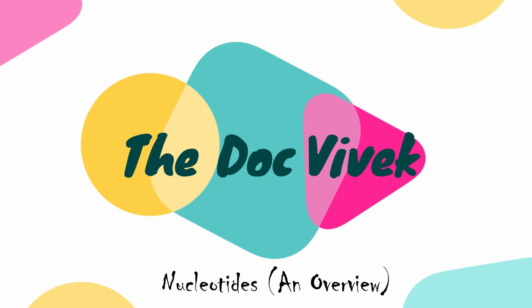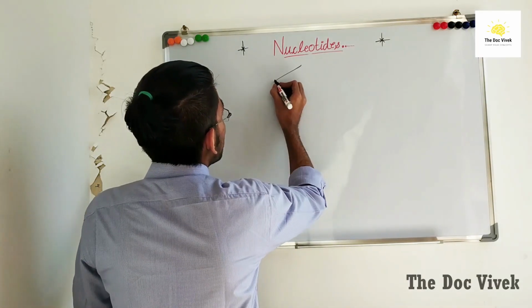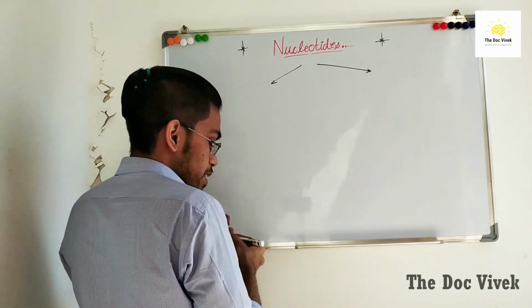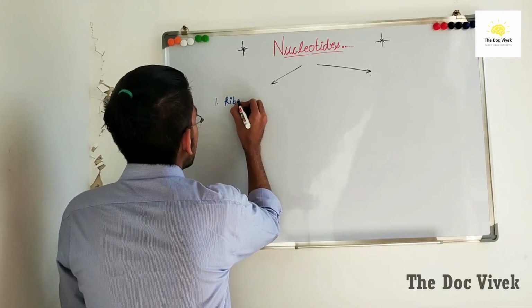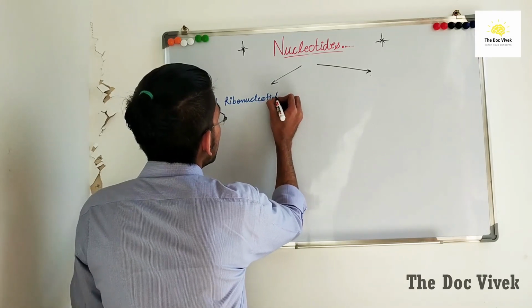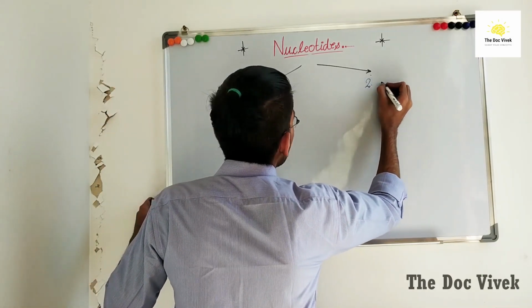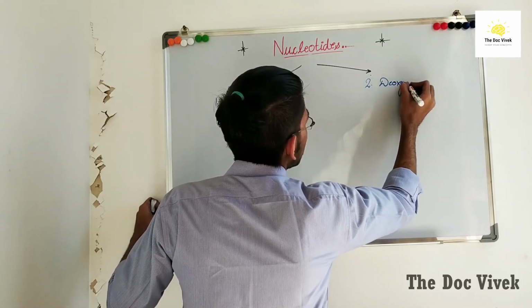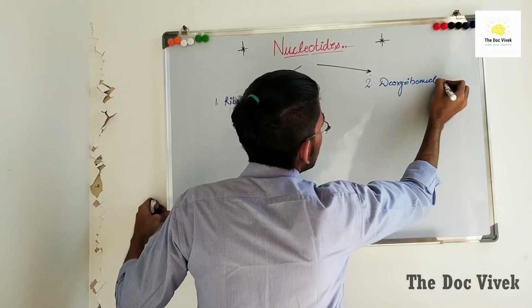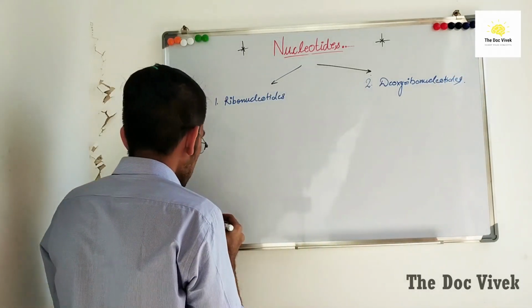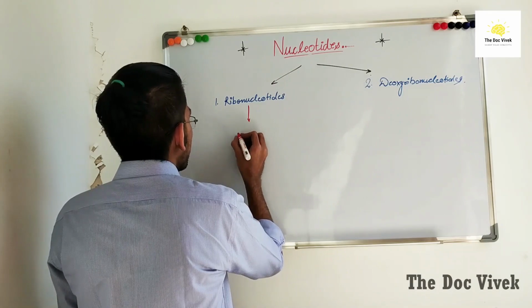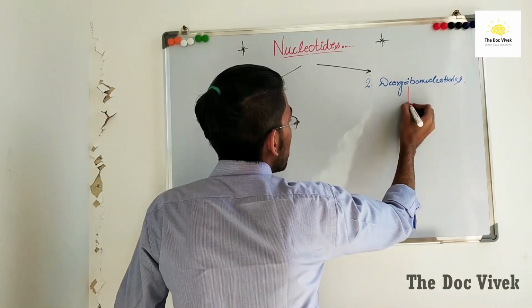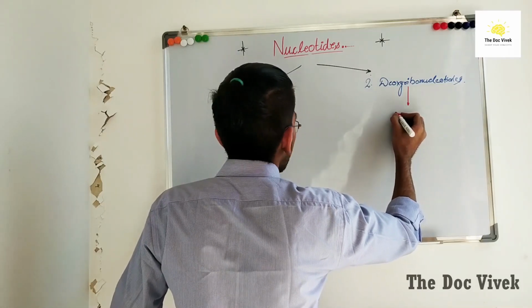Now we will discuss nucleotides. There are two types of nucleotides. First one is ribonucleotides and the second one is deoxyribonucleotides. Ribonucleotides, when polymerized, result in the formation of RNA, and deoxyribonucleotides result in the formation of